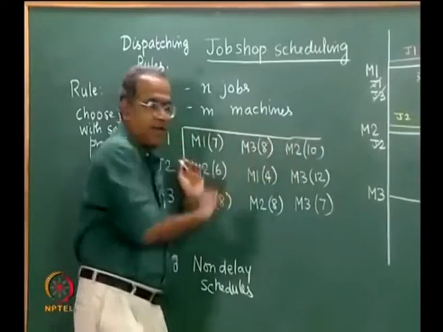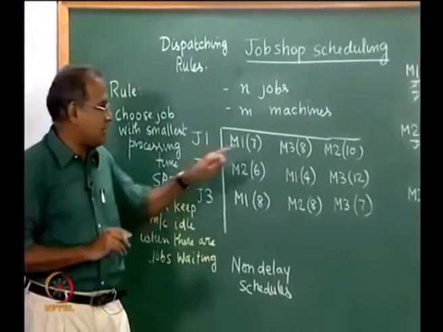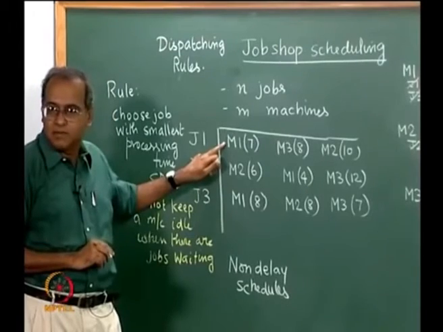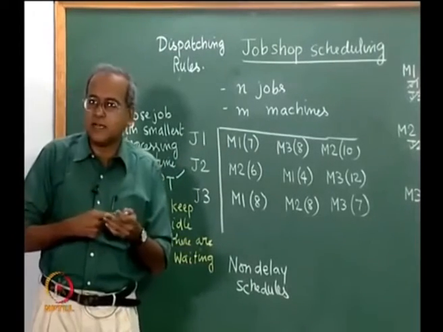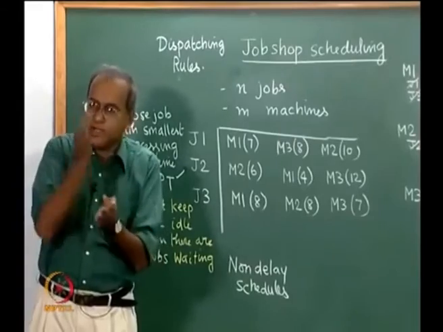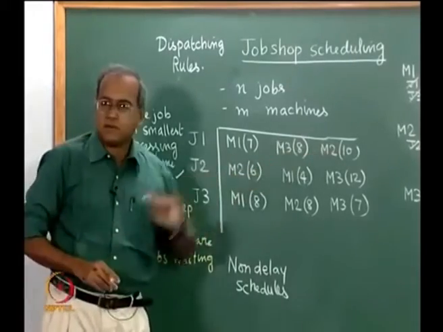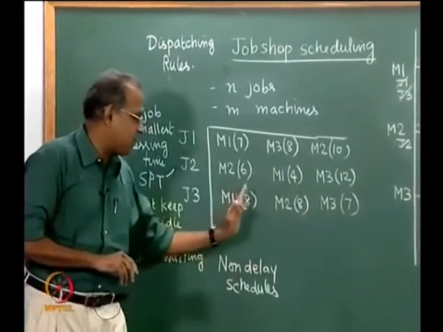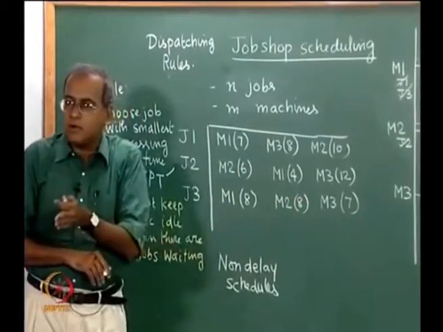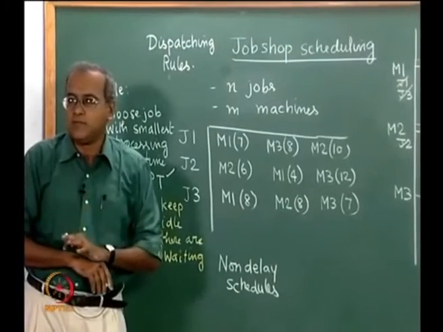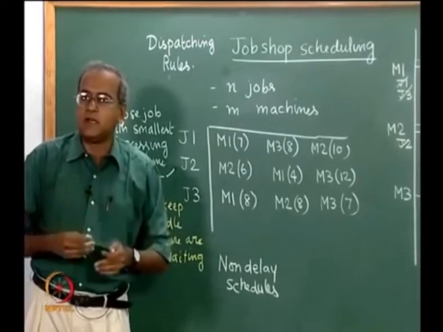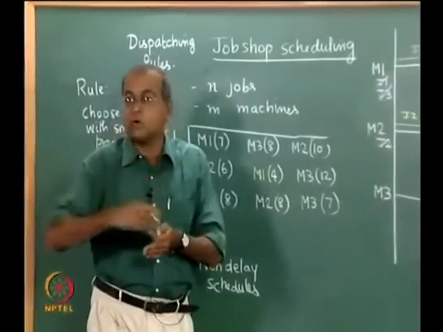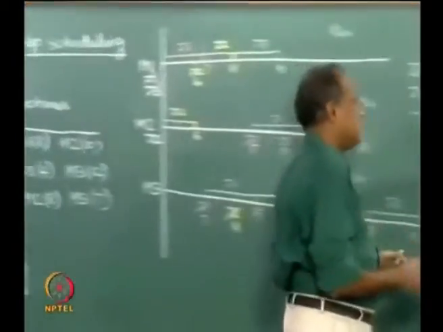This has a total of 25, but let us assume it is visiting M2 after it has finished M1. So, it has finished 7. So, the remaining processing time for J1 including the current machine is 18, whereas when J3 comes to M2, it has already finished 16. So, the remaining one including the current is 7. So, you could choose a job based on shortest remaining processing time, where remaining includes the current processing time.